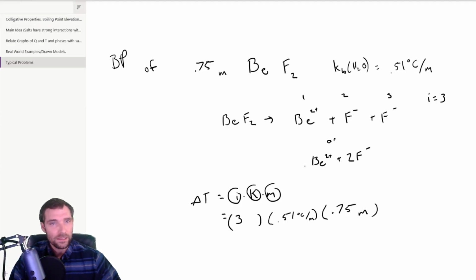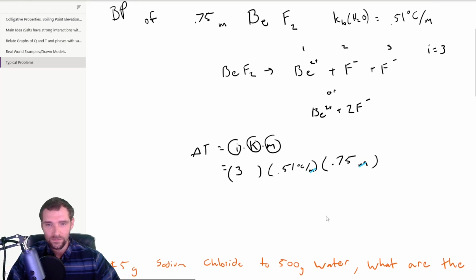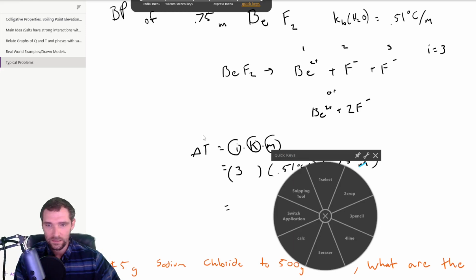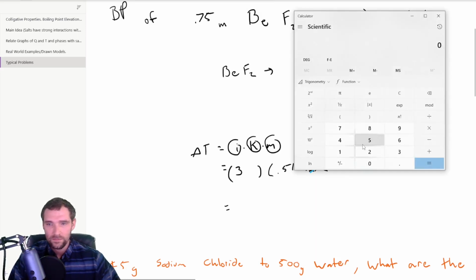And then what we can do is just a little canceling of the units. Part of me wants to put particles down here because there's 3 particles and it's kind of canceling out, but they don't typically write that in terms of the units, so I'm not going to do that. So we get 3 times 0.51 times 0.51, and then times that by